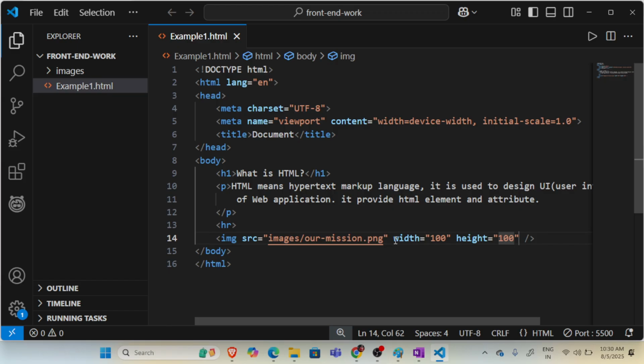This can be managed by CSS as well, but now I am just discussing the HTML. That's why I am using HTML. Okay, so, one question here. Yes, as you explain,